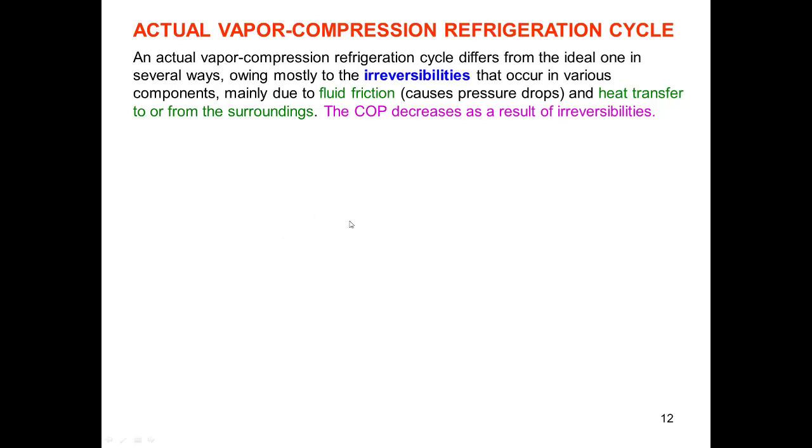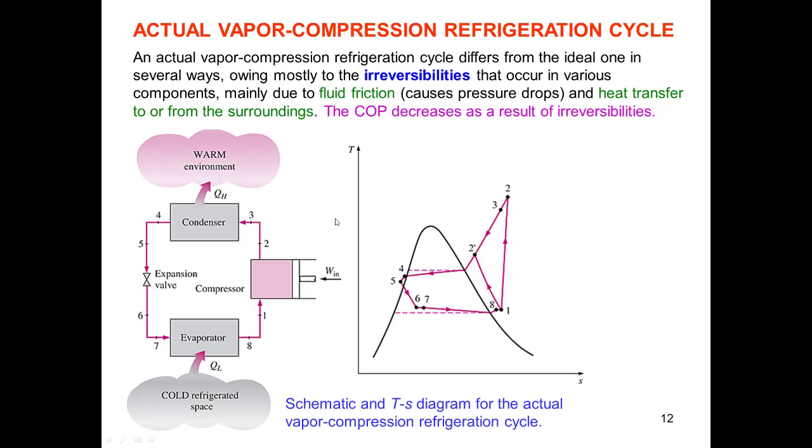So in the T-S diagram, if we look carefully, in the compressor from 1 to 2, previously we assumed isentropic compression, but actually it is not isentropic. There is actual compression. Similarly, in the condenser, there is now a slight pressure drop. In the ideal vapor compression cycle, we assume that point 4 is a saturated liquid, but in the actual case, the outlet of the condenser is a subcooled liquid. And similarly, in the expansion valve, after the expansion takes place,